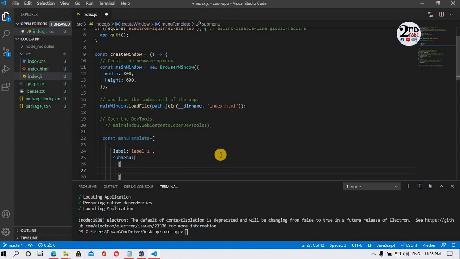In order to use that, simply write role, and suppose undo is predefined.